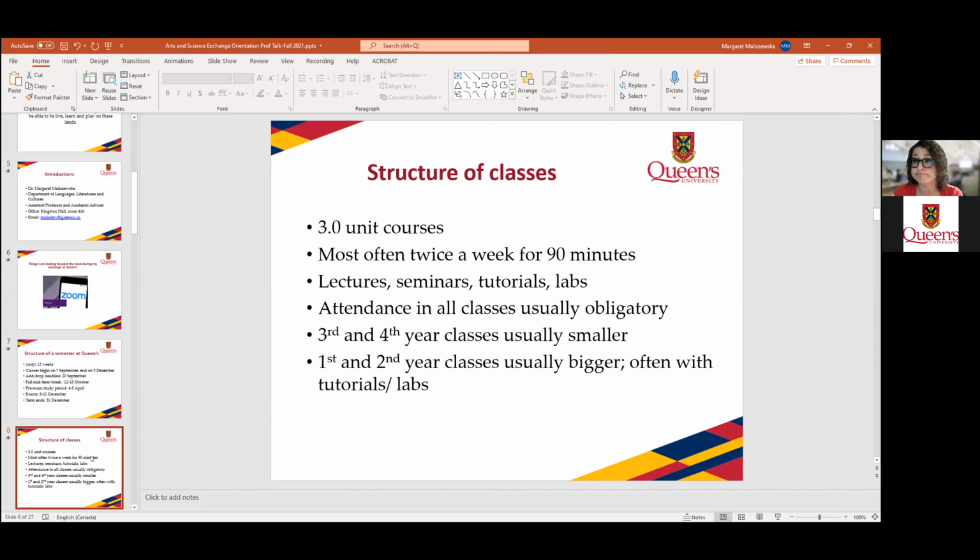The general students at Queen's usually take 5 courses per term, and that will equal a full load for them. And last but not least, the size of the class will be different. Generally speaking, the higher the level of the course, the smaller the class size will be. For example, our Introduction to Linguistics class, which is a 100 level course, has 150 students enrolled in it